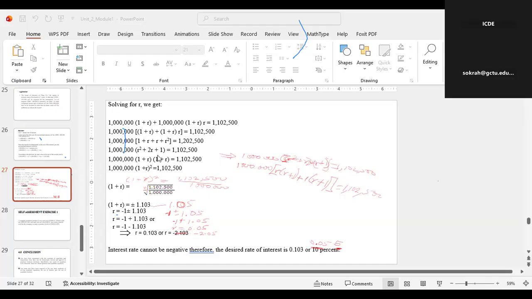So that's plus 1, multiplying the 1 million. Okay, and equating to what? The expected figure that the question gave us. Then what do we do? We factorize that bracket. Now you see the quadratic equation there, R squared plus 2R plus